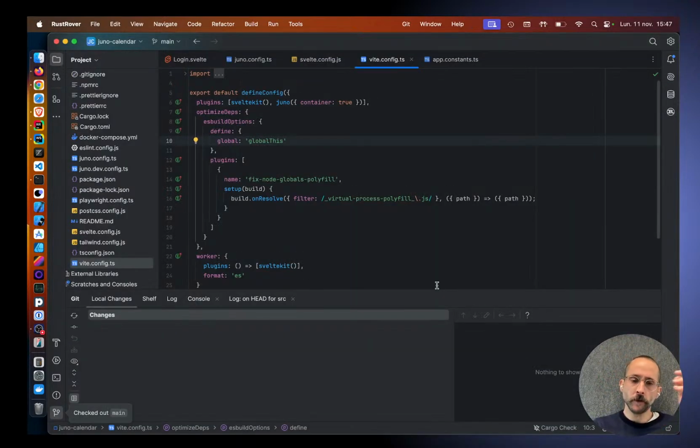And this happens because in Svelte, every time you build, it injects a timestamp in every JavaScript file. So, of course, then every time you build, you get a new timestamp. And if you don't want that,